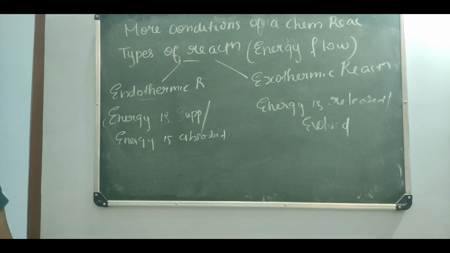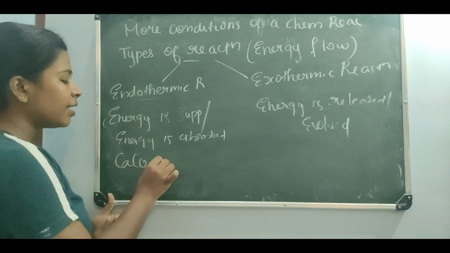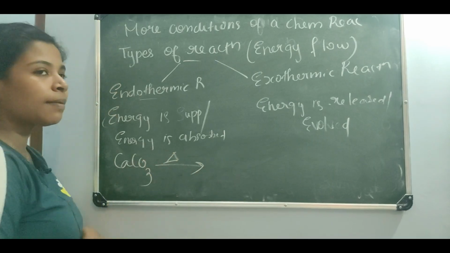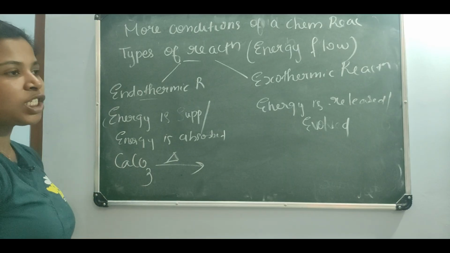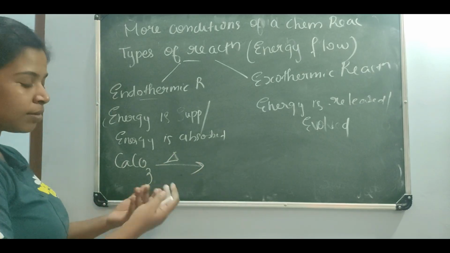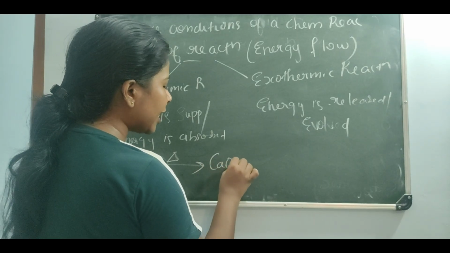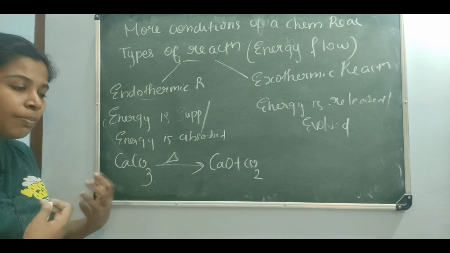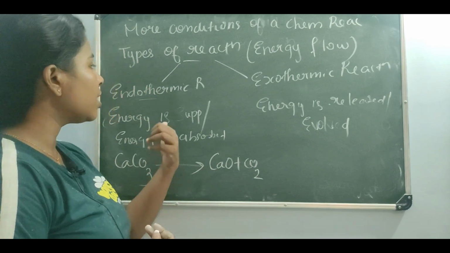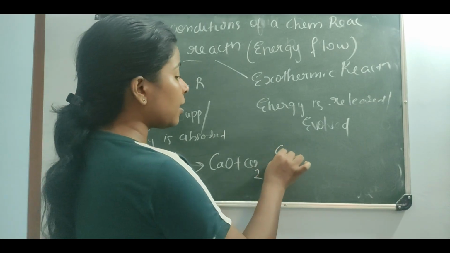Okay, understood? For example, the same reaction which I have already taught, calcium carbonate, heated. I am supplying energy, I am heating. When calcium carbonate is heated, what happens? It decomposes to calcium oxide and carbon dioxide. Here energy is taken in by the calcium carbonate, so it is an endothermic reaction. Now exothermic,